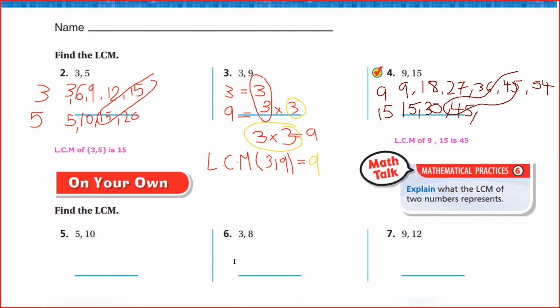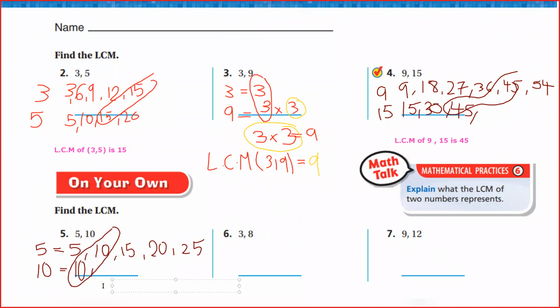Yes, Judy. What is the least common multiple now of 5 and 10? Okay. 25. Bravo. Now let's go to 10. What are the multiples of 10? Thank you. Here, she found that 10 is already written in the multiples of 5. So she said, I'm going to stop. So here, the least common